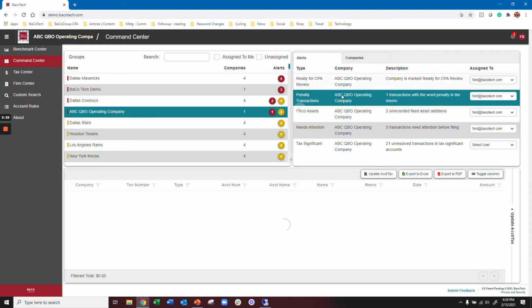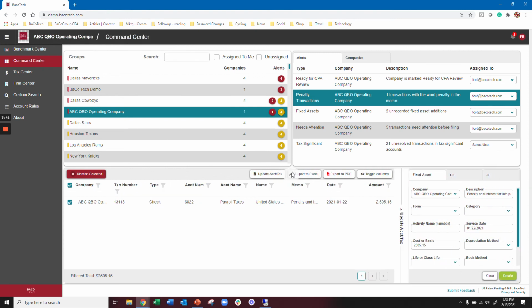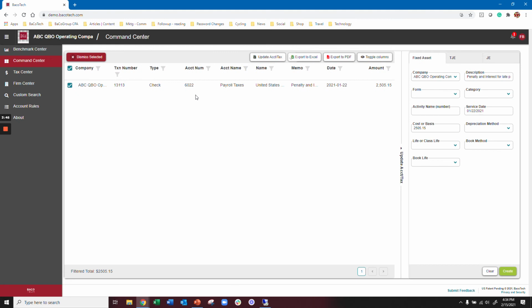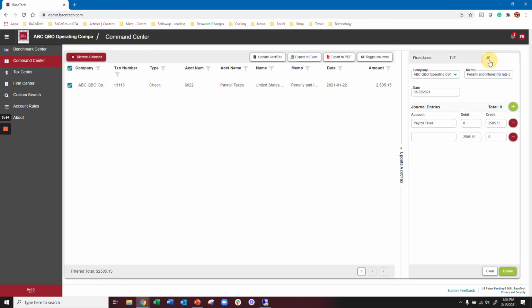create alerts around those. So somebody used the word penalty in a memo, and here I can see it's coded to payroll tax. I may want to make a journal entry back to the client's file, which I can do. Again, this is set up by us. We don't always have source documents for something like this, so we always want to be able to see, instead of drilling down and creating a new screen all the time, what we want to do. So I can post a journal entry back to the client's file, and I'm going to pre-populate all the dates, the amounts. It's going to assume I want to make a reversing entry when I do this, or I can make a tax journal entry and take that to a non-deductible penalty account,